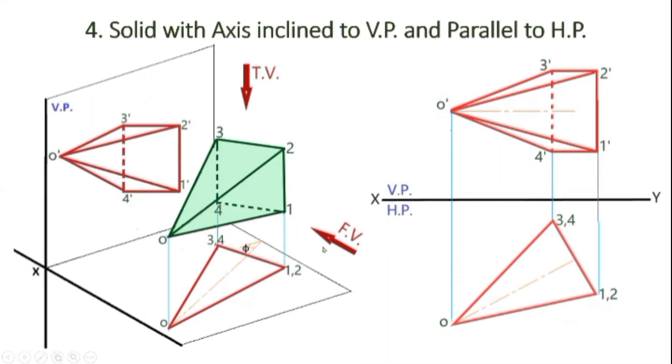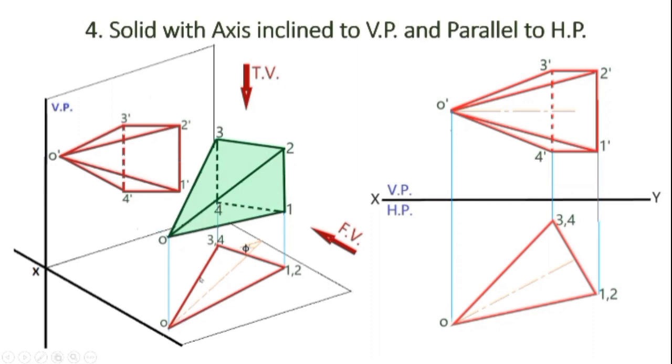So looking from the front view, when we extend all these points on the vertical plane, we get the front view in the vertical plane, and looking from the top view, when we extend all these points on the horizontal plane, we get simply a triangle in the horizontal plane, that is top view. Since we have placed this solid parallel to horizontal plane, so looking from the top view, triangle O2, 3, this triangle will be visible from the top view, and the remaining solid will be overlapped behind this triangle.